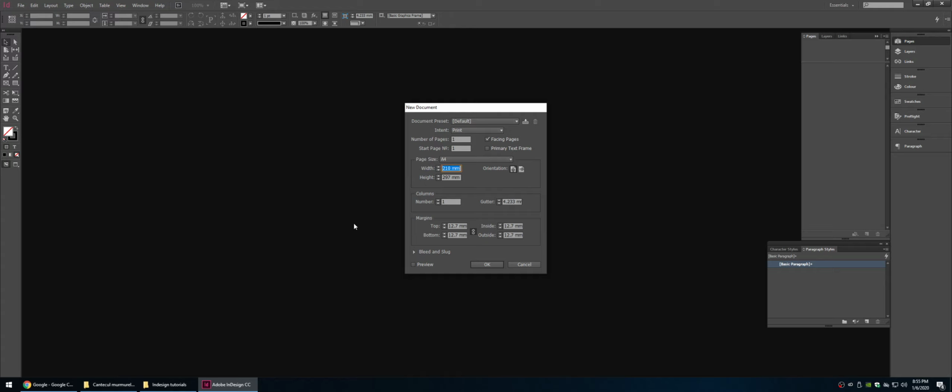My InDesign is set in millimeters, so if you work, I don't know, in inches or pixels or whatever, it's your choice. But working with printable material, I always like to pick the millimeters. So InDesign just shows you the standard A4 size paper, A5,